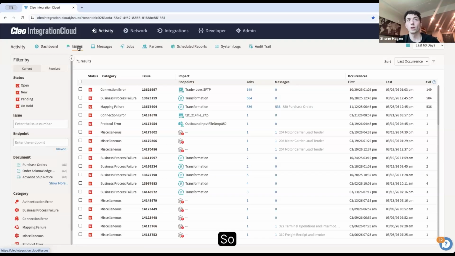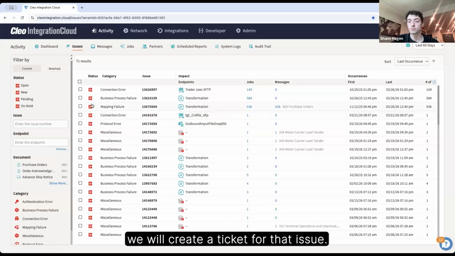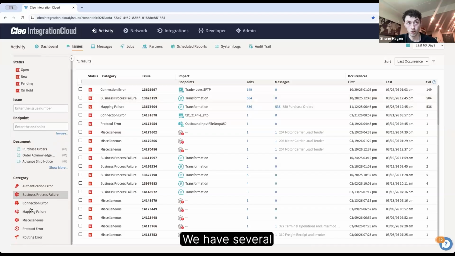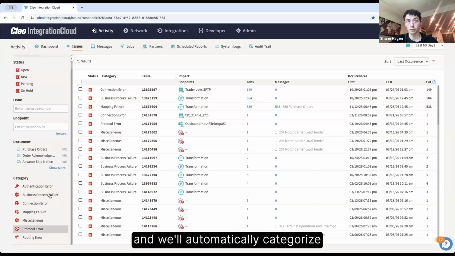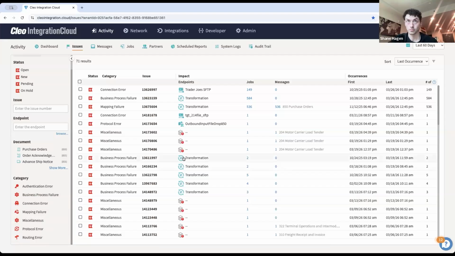So when failures happen in the Clio environment, we will create a ticket for that issue. And that ticket shows up here, and it gives us some high-level information on the category of that issue. We have several issue categories, and we'll automatically categorize your issues using these flags down here.